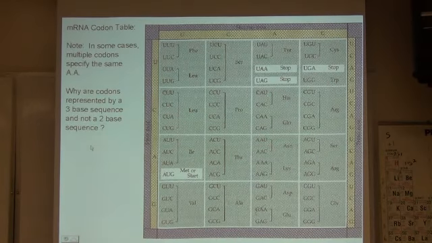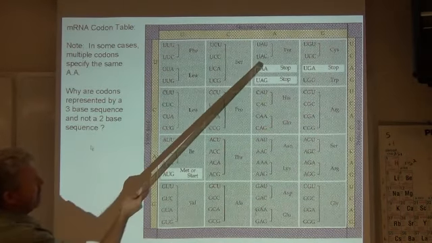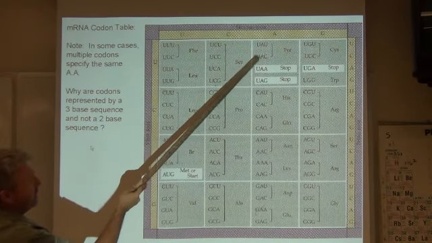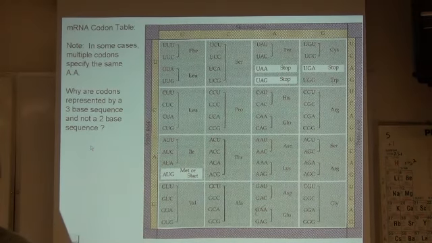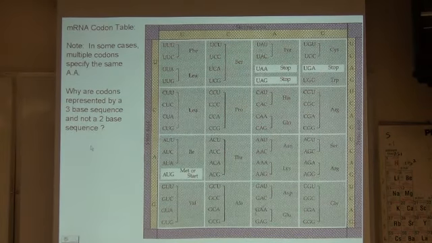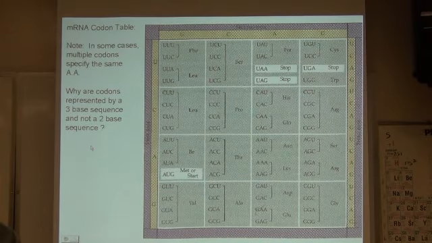You have more starts than stops, because let's say you want a tyrosine, right? And you have a point mutation that changes a C to an A. And instead of UAC and putting tyrosine in the middle of your protein, or wherever it goes, you hit a UAA and hit a premature stop. Protein translation stops. The protein is now non-functional. Premature stops are almost 100% denatured. The protein does not function at all when you hit a premature stop.